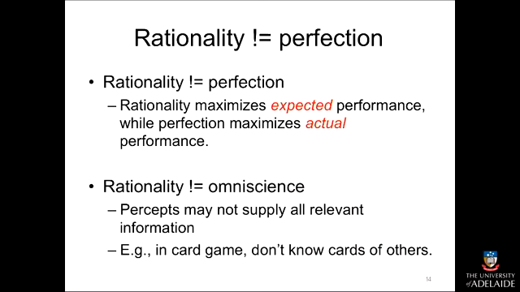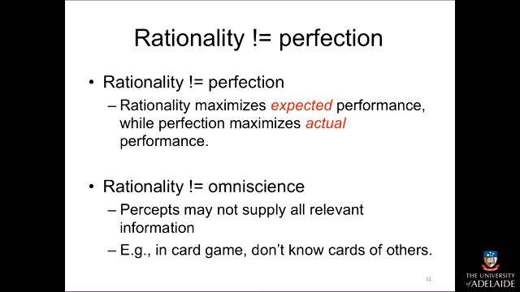Note that rationality doesn't necessarily mean perfection. In an uncertain world, we can't possibly make the perfect decision every time. What rationality does is to maximise the expected performance. Perfection would be maximising the actual performance, but we can't ever do that in an uncertain world. If we can't be certain exactly of the consequences of our action, then we can only maximise the expected performance, not the actual